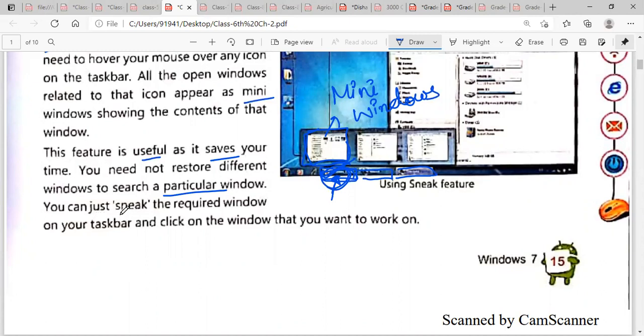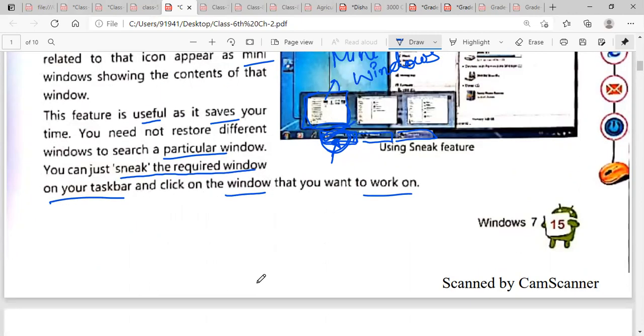You just sneak the required window on your taskbar and click on the window that you want to work on. Suppose there are three windows; whichever window you want to sneak, just move your cursor on that icon, and your window will be visible to you.